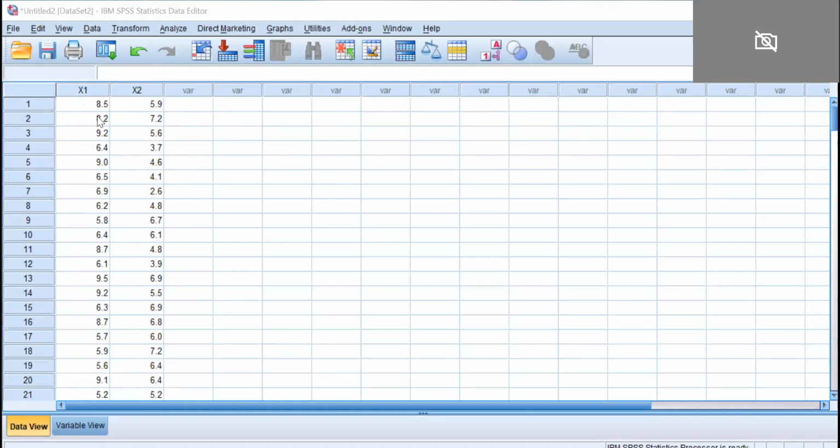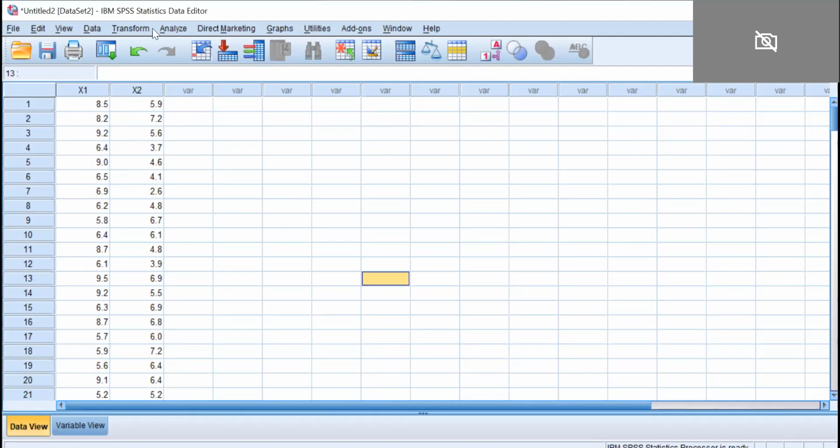When your variable is measured on a nominal or ordinal scale, you cannot check the normality of that variable. So for checking the normality, it is required that the particular variable, whether it's an independent or dependent variable, should be measured on the interval or the ratio scale. Now here is the process of how you will check the normality of your distribution.